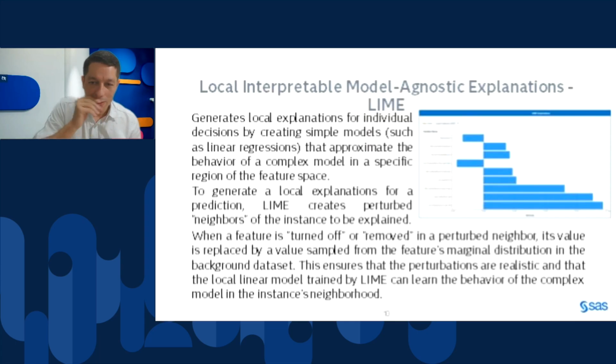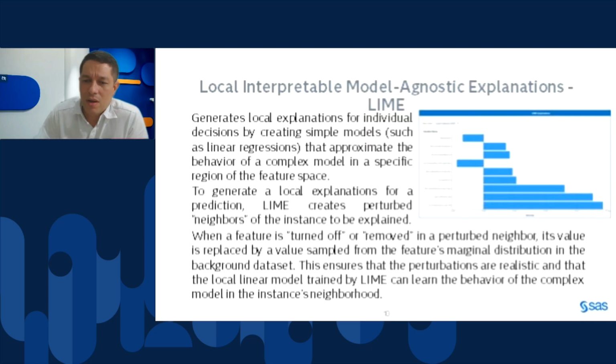LIME will create synthetic data in the neighborhood of an instance. Then, for example, here we have a local instance chosen, and here we have a linear regression.